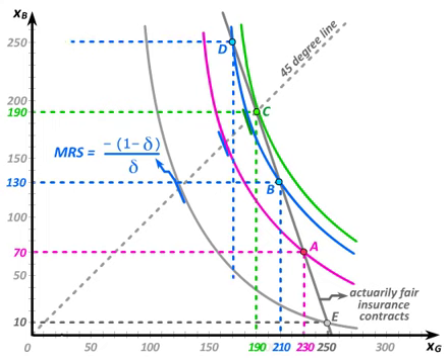One implication of this is that for every actuarially fair insurance contract that involves less than full insurance, there's another actuarially fair insurance contract that involves more than full insurance, such that the consumer is indifferent between the two. For the insurance contract B, for example, there's an insurance contract D, such that the consumer is indifferent between B and D, where the consumer is underinsured at B and overinsured at D.